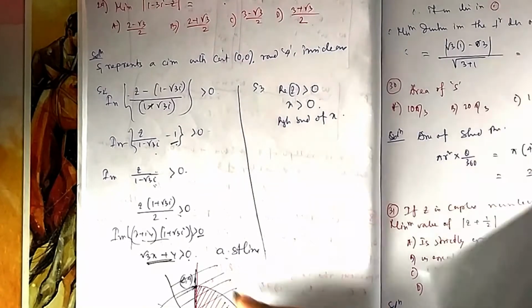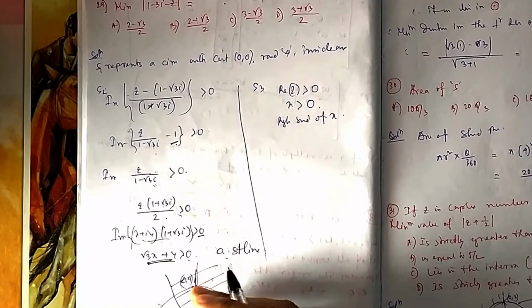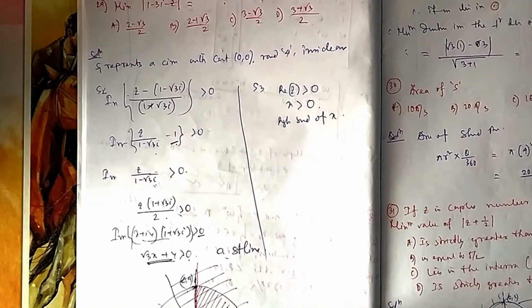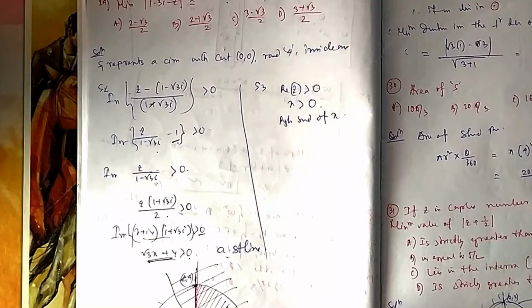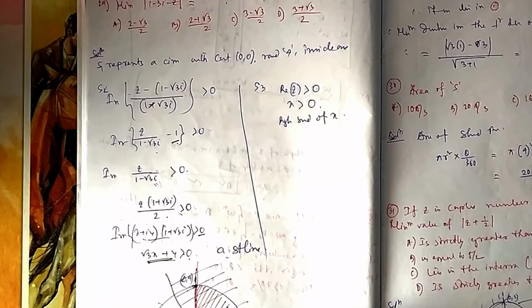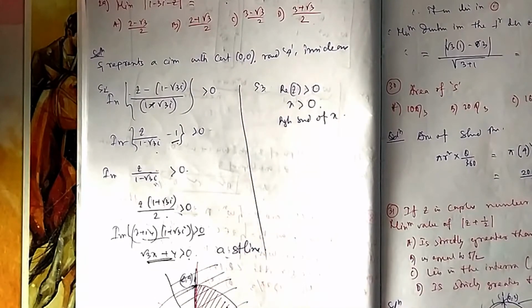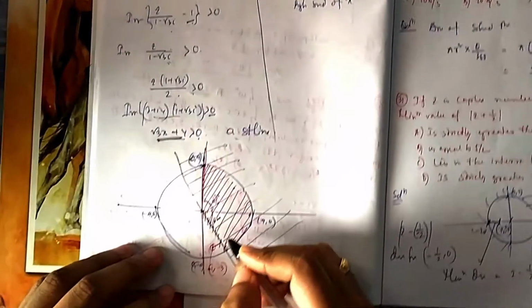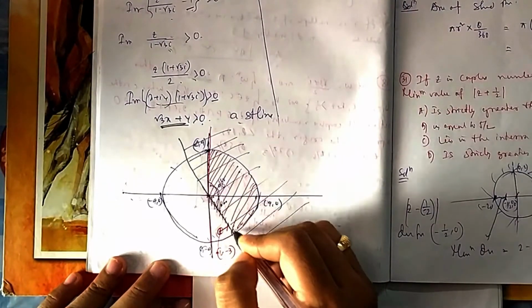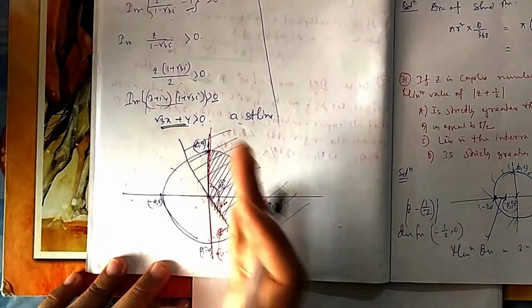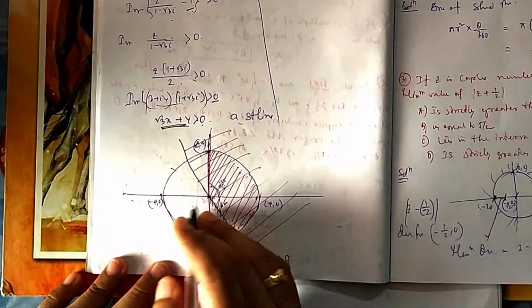This and your Z. Z can lie inside this one and on the line. So Z is here somewhere. So from here to here Z can be possible. It should be inside the circle, real should be positive, on this line. So what is the minimum value of distance between these two? Z is here. You can see it is inside the circle, it is on the line, it is right hand side of X. All three conditions satisfied.